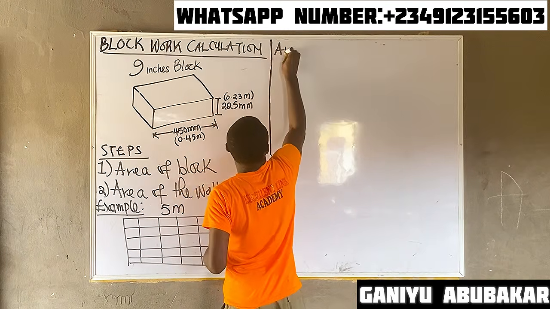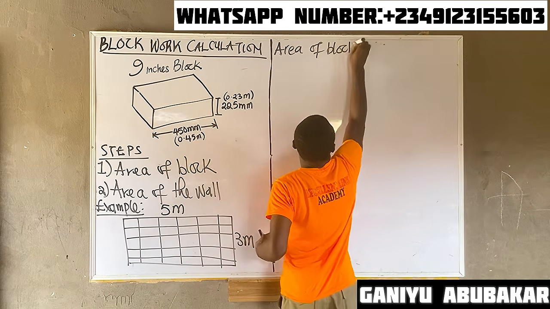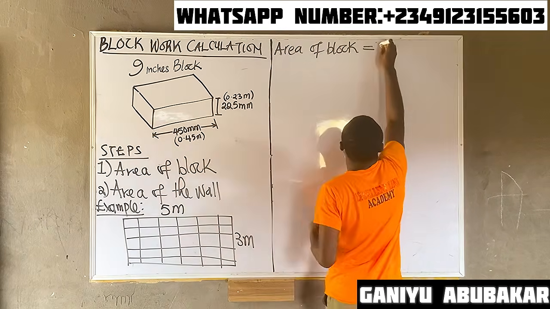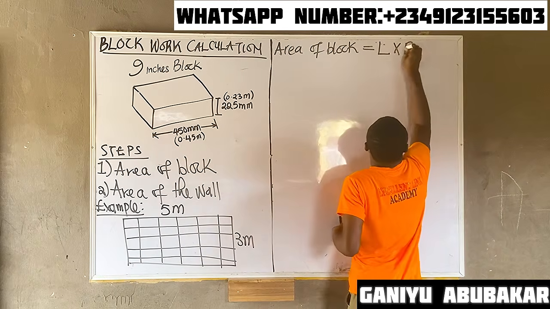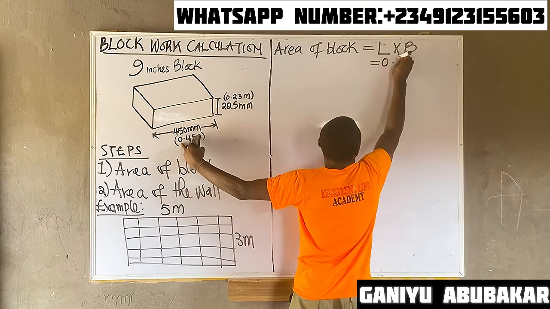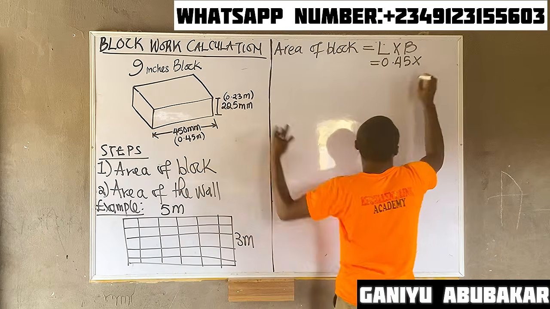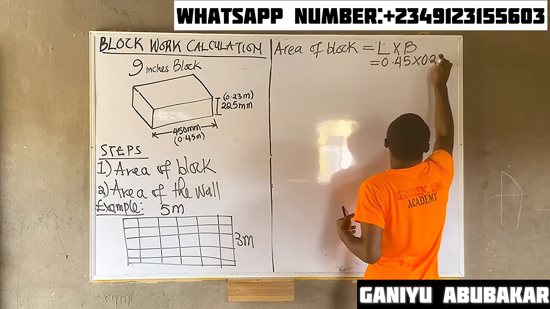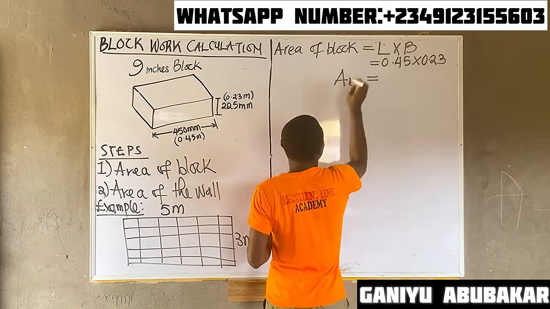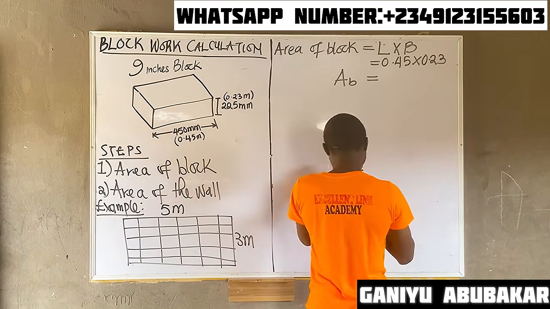First task, area of block. Area of block is your length times your breadth. Of course, the length is 0.45 and the breadth is 0.23. Multiply these two, and the area of block will be equal to